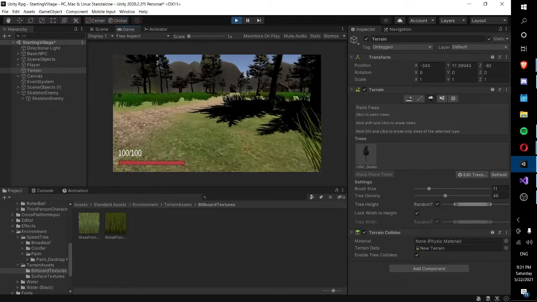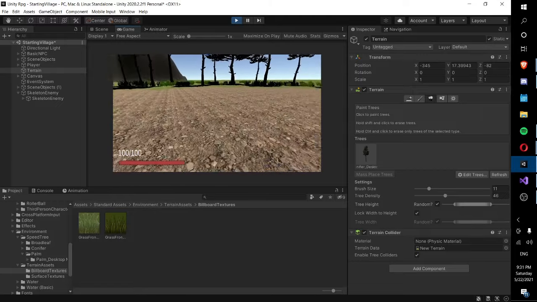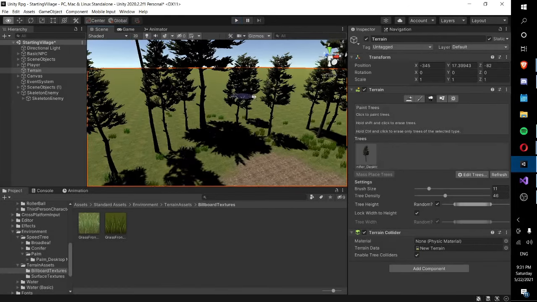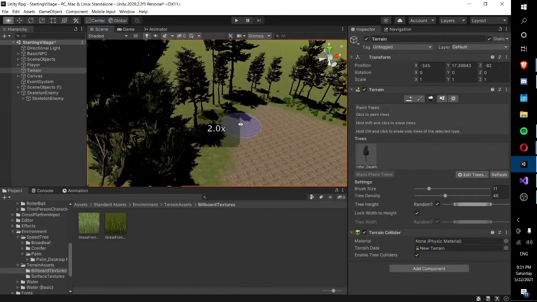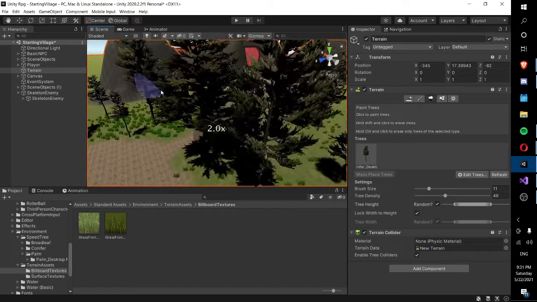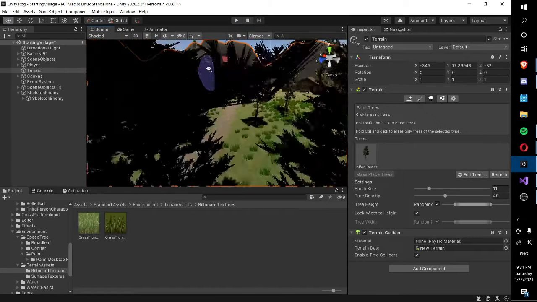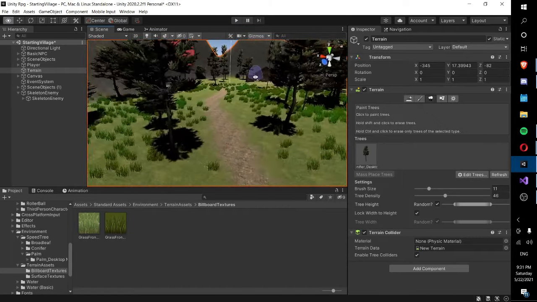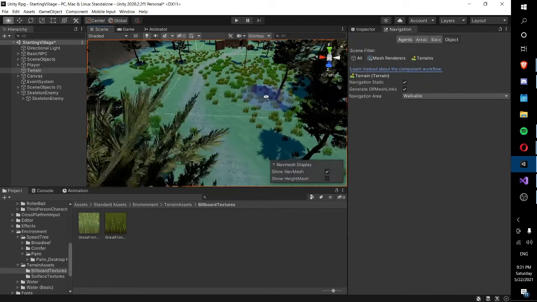Okay, cool, never mind. I think this might be just a new Unity fix, but on the older Unity versions, I haven't made trees in so long. On the older Unity versions, trees used to not spawn in with colliders or something like that, and then I'd have to actually add colliders manually, which is really annoying. But you can see here on navigation,